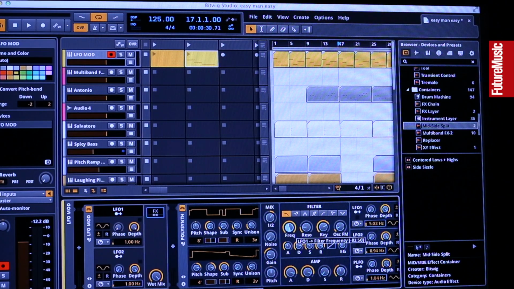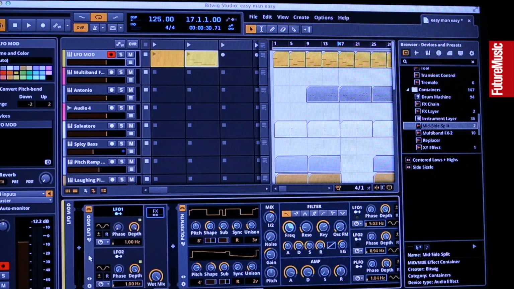I can do it in both ways, so it goes negative or positive. This means I can add an LFO to whatever device lives in the Bitwig browser, be it a Bitwig device or a VST. We have other modulator devices, not only the LFO. We have the audio mod, which is basically an envelope follower, which means you can do things like sidechain on every plugin parameter you can think of. Really handy thing.